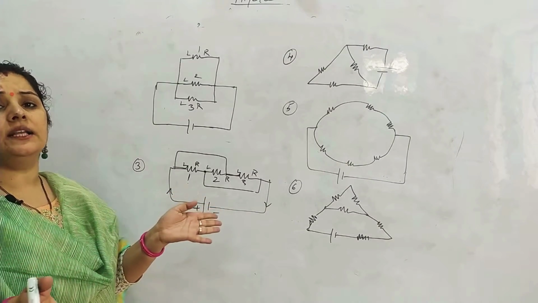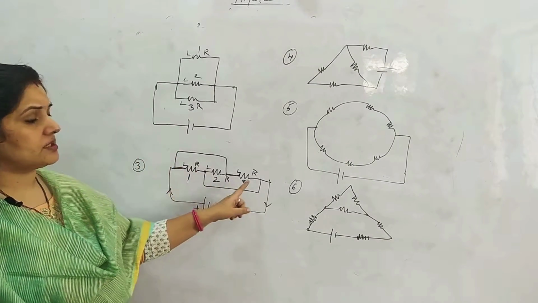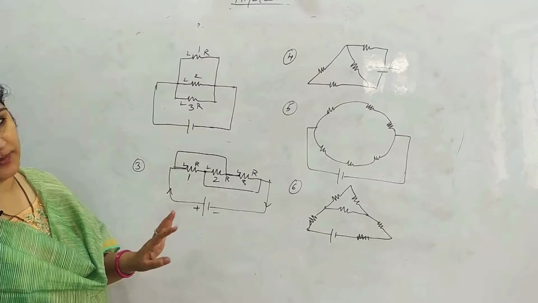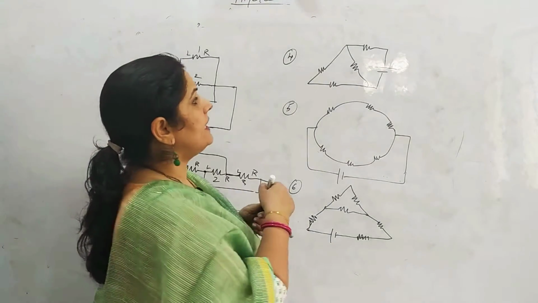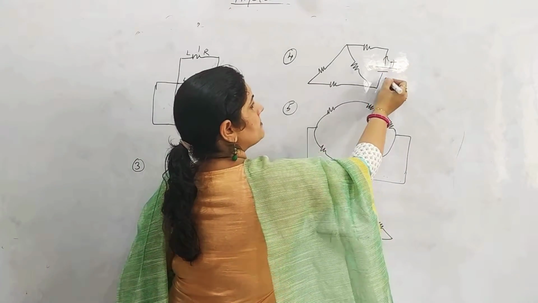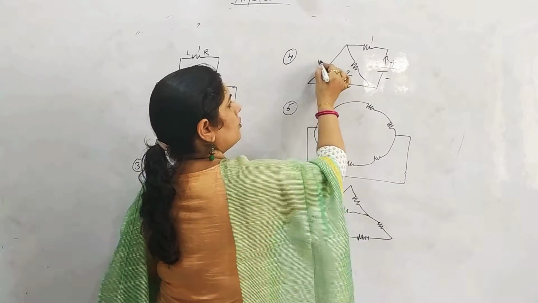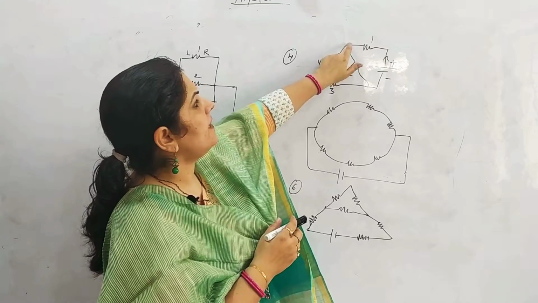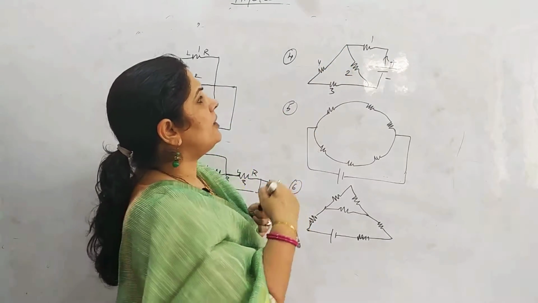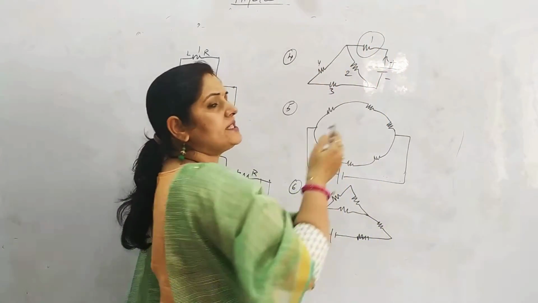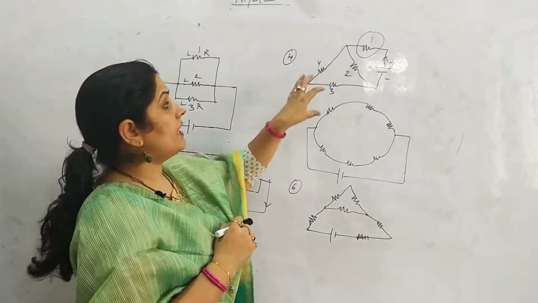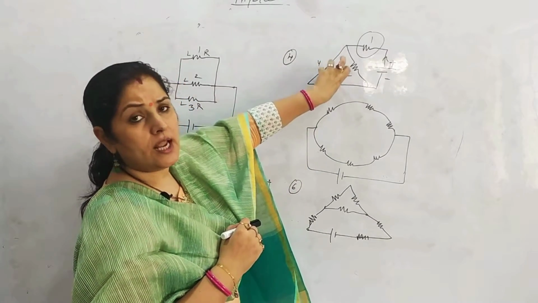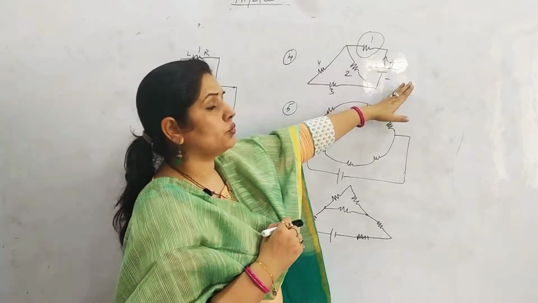It is dividing the current, and that is how these three are connected in parallel, right? Coming to the next one, again current is passing from here, plus minus 1 2 3 4, they may have different values. Current started passing from here and got divided. So we cannot start solving from 1. We have to solve this loop first, and after solving this loop we will come to this side, right?